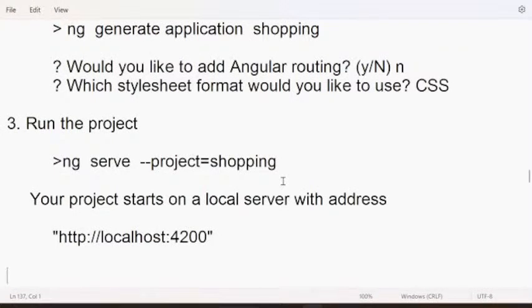So this is the location where the project runs: localhost and port number 4200. Now this project by default has some screens to show. From where those screens are coming and how they are working, we will see. We will understand the complete scenario. Let's see.